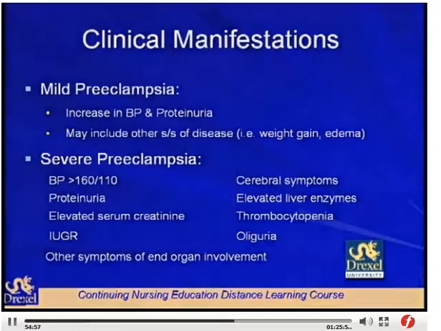Mild preeclampsia, you're going to see an increase in blood pressure and proteinuria. It used to be that they called it a triad of symptoms including edema. We don't utilize that category anymore, so please correct that in your book. It's really based on blood pressure at this point and proteinuria, and also other end organ involvement reactions, so to speak, or lab values that we will see. The woman can have